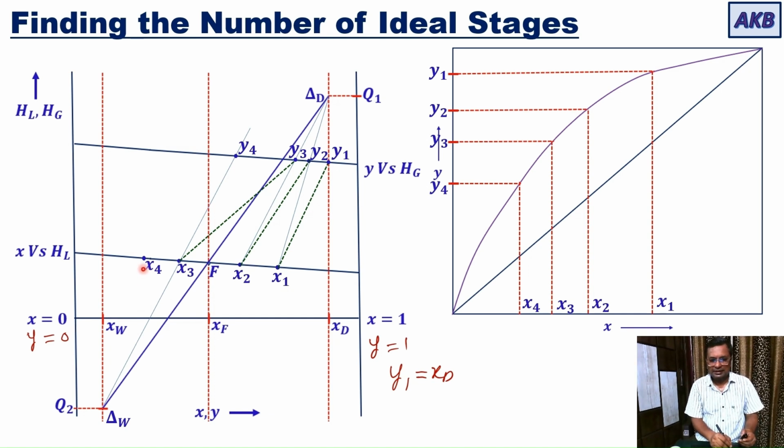then draw the construction line through x4 from delta W, and then connect x4, y4 with a tie line. You get this point. Call this as the x coordinate of this point is y5. Take this value of y5, go to the distribution diagram, get the corresponding value of x5, take this value of x5, come back to the enthalpy concentration diagram, locate it, then draw the construction line through x5 that goes to delta W